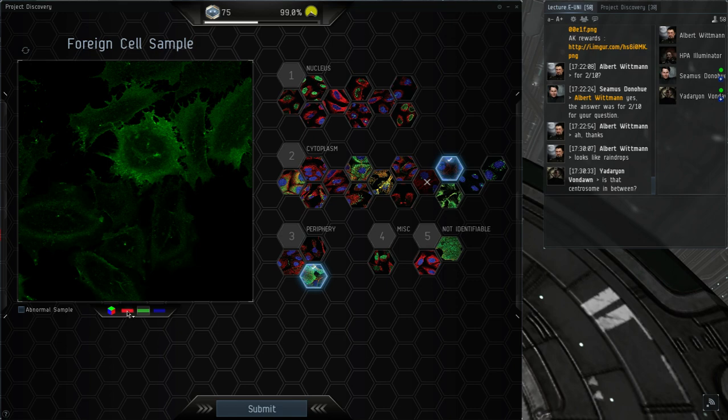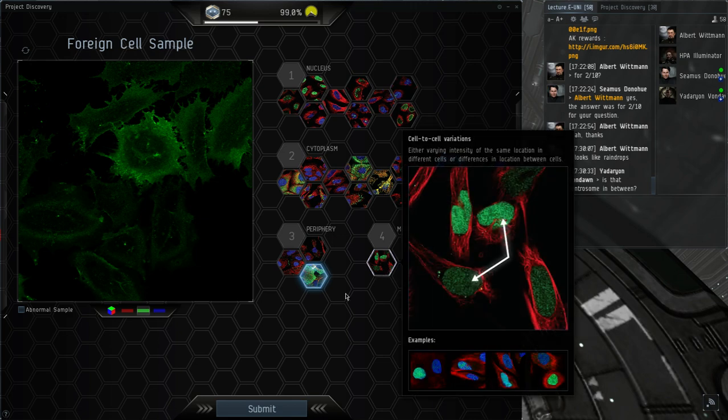And then we can also note that this centrosome is not visible in all cells, but the centrosome is a really small structure, so it might just be due to the focus being a little bit off in those cells, so the centrosome is a bit higher up. So I will not annotate cell-to-cell variations for this one.